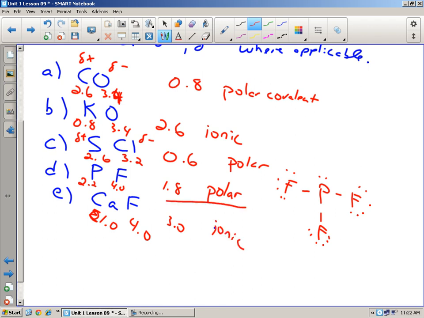People always freak out about this. What happens if you ask me that? What do you want me to put? I'm not going to ask you that, okay? I'm just trying to get you used to that in some cases there's a negative end and there's a positive end. Which ones are ionic? Is that ionic? Probably not. It's two non-metals. Is it on the verge of that? Yes, it is. It's getting close, okay? Do they actually steal electrons? Maybe they do, okay? But it's very, very close, and in the big scope of things, that's what we need to focus on, okay? We don't need to worry about these little, well, we do, but it's not as important, okay? So that's what we're going to do,